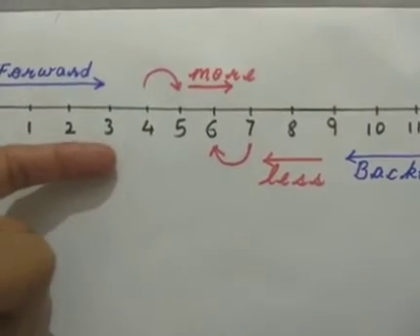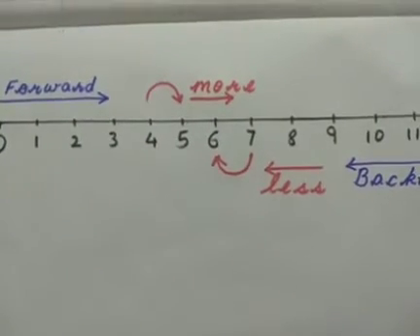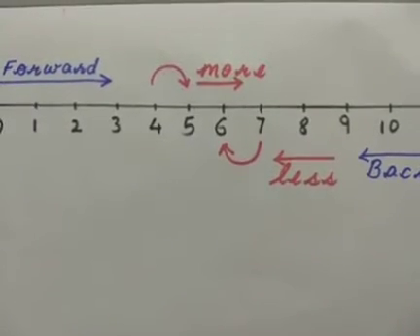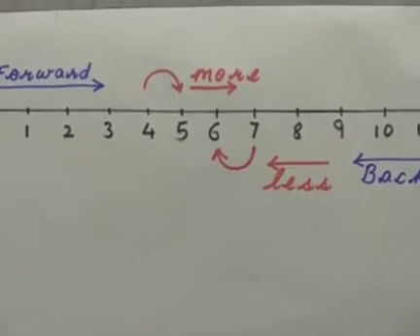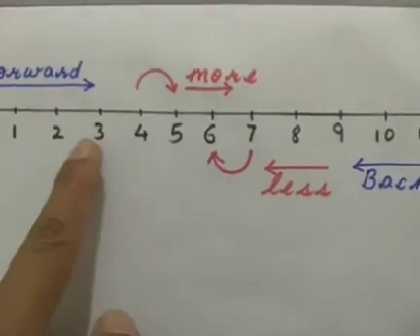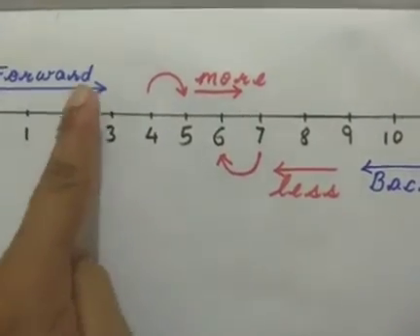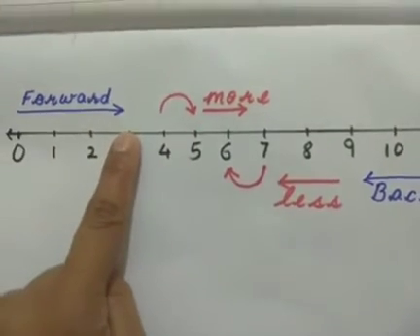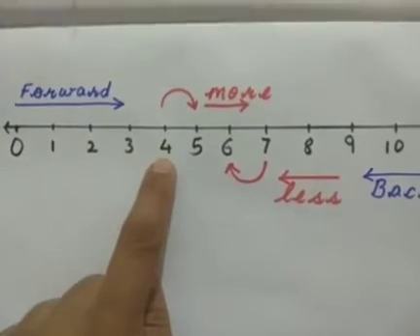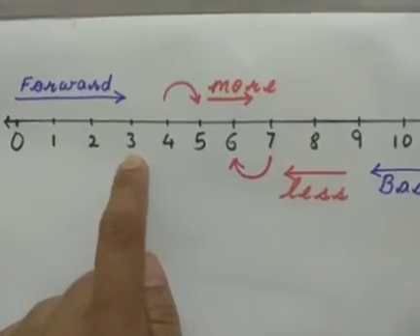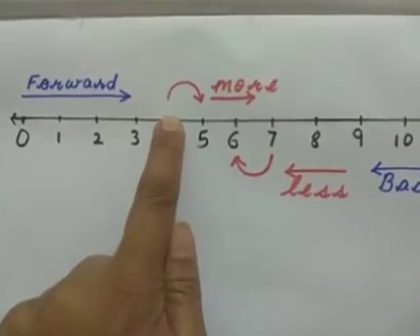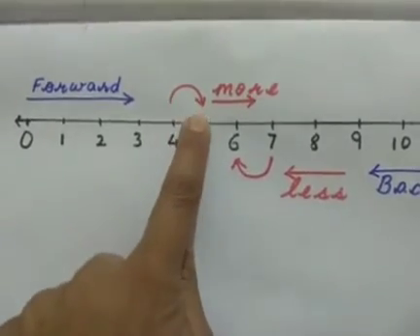Now we go more forward. So the next number after 2 is 3. Yes, the number is getting bigger. So number 3 is bigger than number 2. But how much is number 3 more than 2? कितना बड़ा है number 3 number 2 से? Just 1. Yes, how much jump do we take? Just 1. Then we have number 4. So number 4 is more than number 3. How much more is it? It is 1 more. Just 1 jump. It is 1 more.